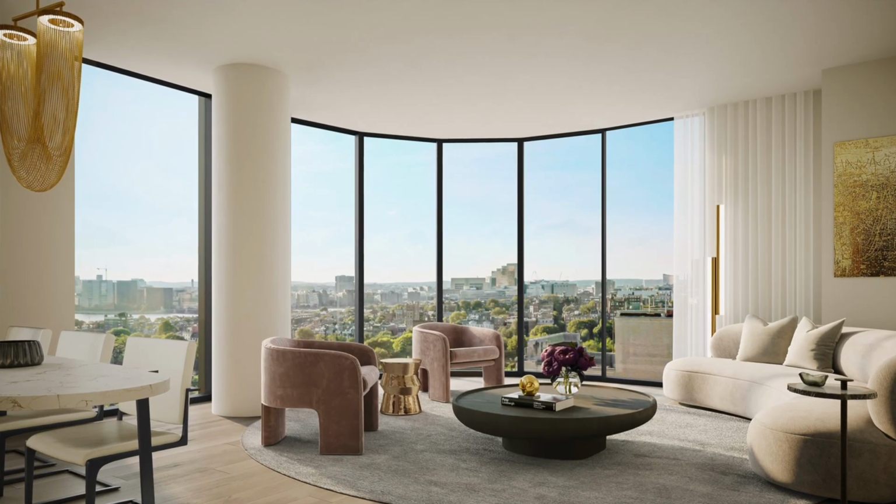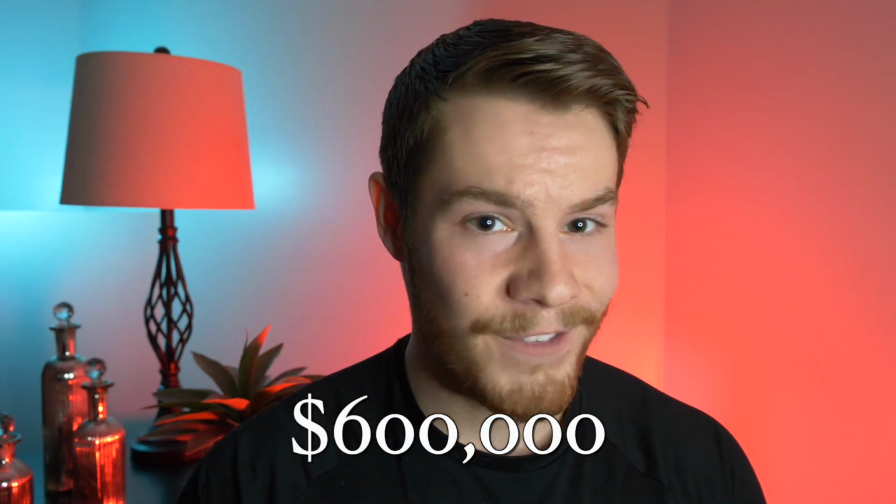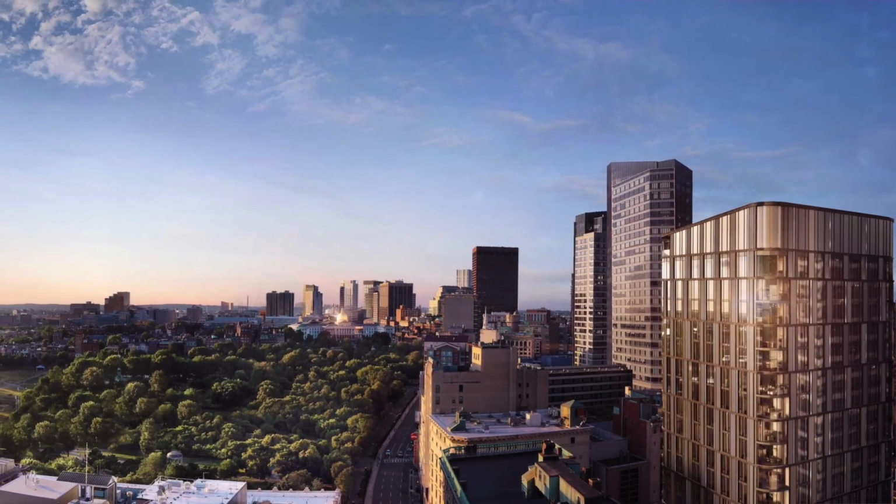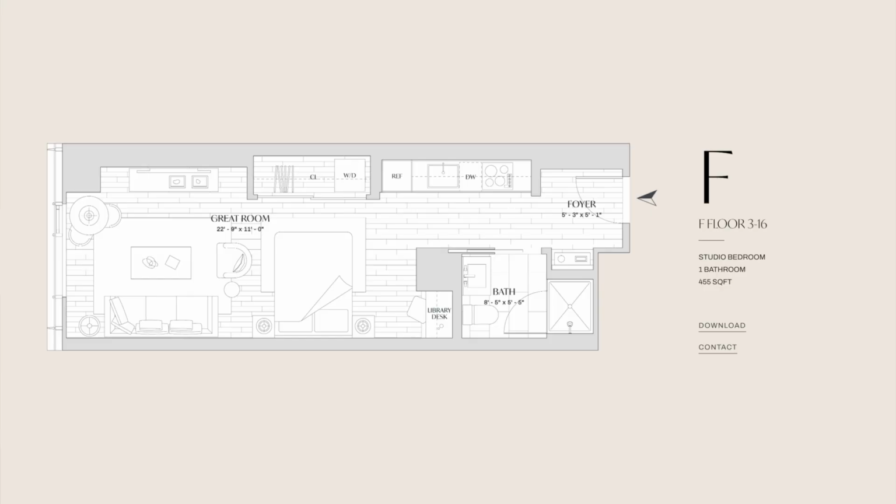That's the whole building. And here's the thing that might surprise you. These places start at around $600,000. And they'll go up towards the $3 million price point for any of the condos here at the Parker. Now you might be thinking that sounds like a steal to be in the heart of Boston for under 600 grand. The catch with that is that this building has some small condos. So, if you're okay with living in a 450 square foot condo, great. That's pretty much how big these studio options are that are 600 grand to be in the middle of downtown